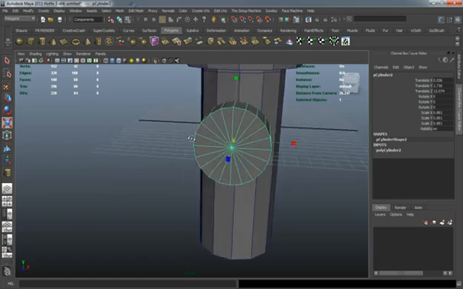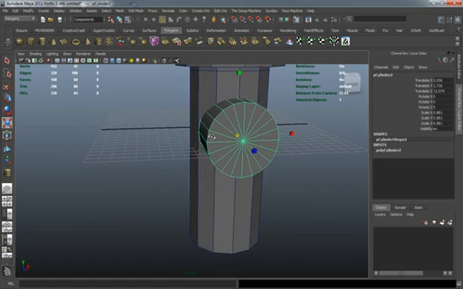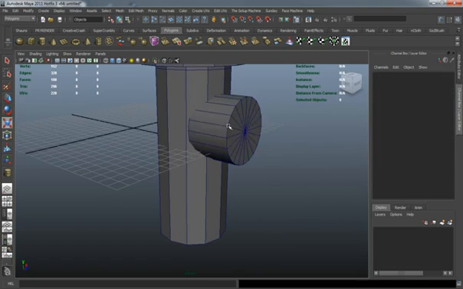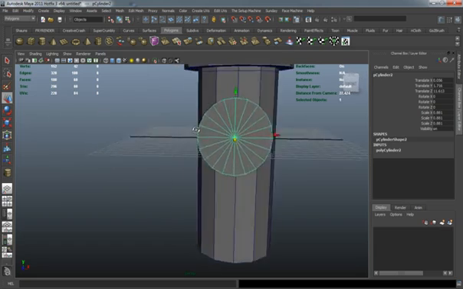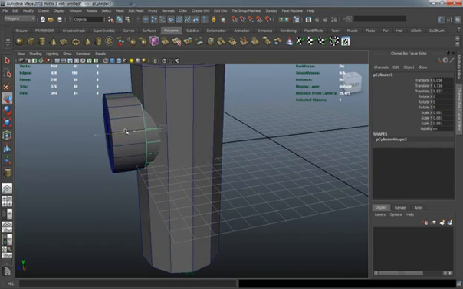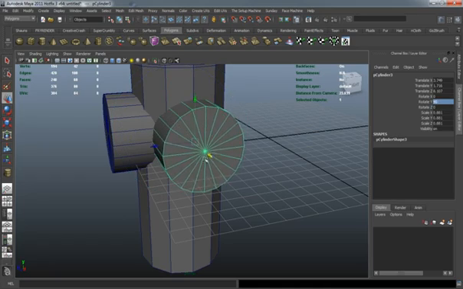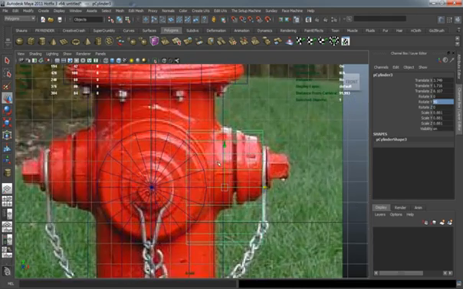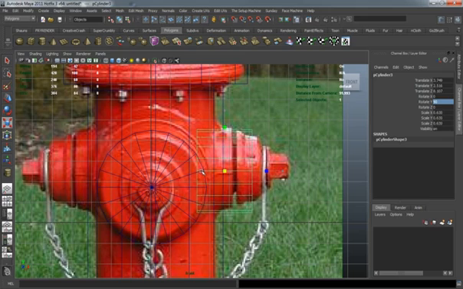Scale it down a little bit so that it'll fit in between. Okay, and I'll move it back so it's placed properly here, and then I'll just duplicate it, rotate it 90 degrees, move it out, and scale it so that it's going to match this other one here for the most part, and then just duplicate it and move it over,